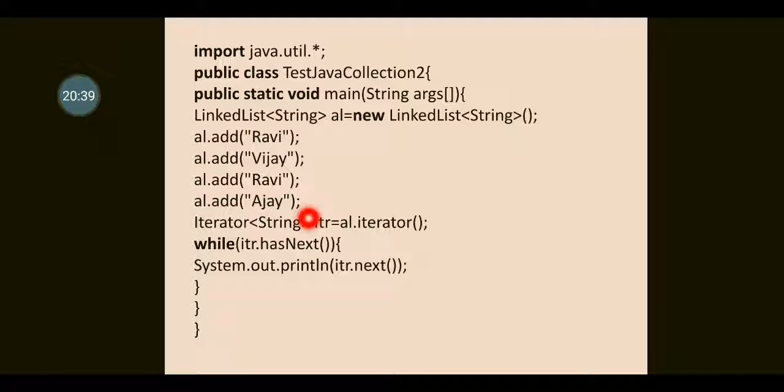Here also duplication is allowed. With the help of the same iterator, it is possible to iterate and access the elements. So with the help of a while loop, we are iterating the elements available in the LinkedList object, so that we can access the elements of the object.